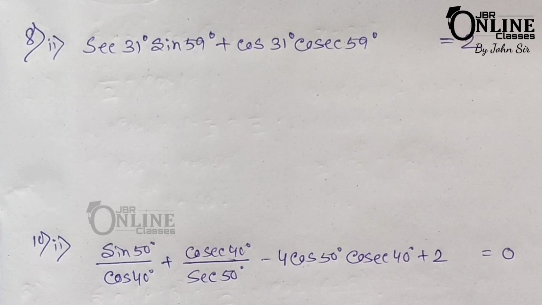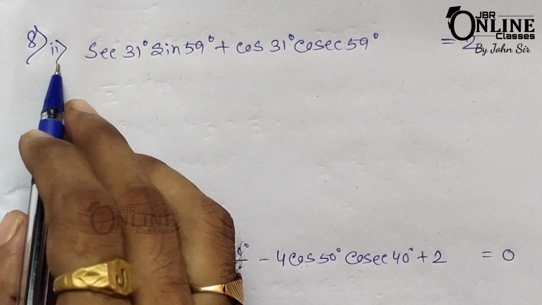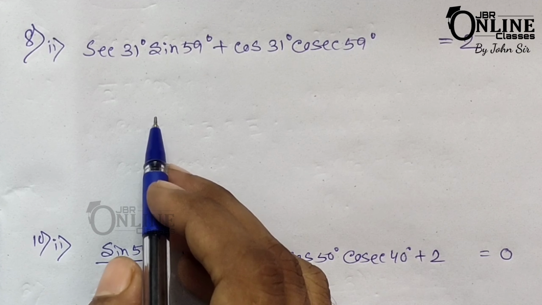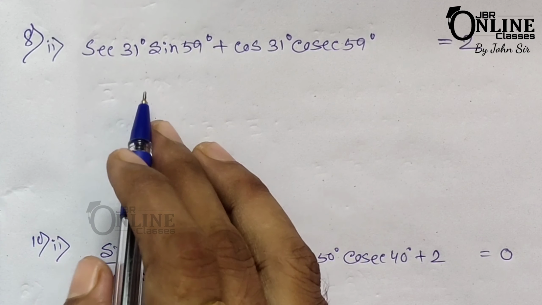You just put down the value, or you can use the formula 90 degrees minus theta, and then you will solve the problem. I hope you will not face any kind of problem. So here now sum number 8, and for me it is not possible to solve each and every problem. So I am just going to help you and teach you some tips to solve the problem.